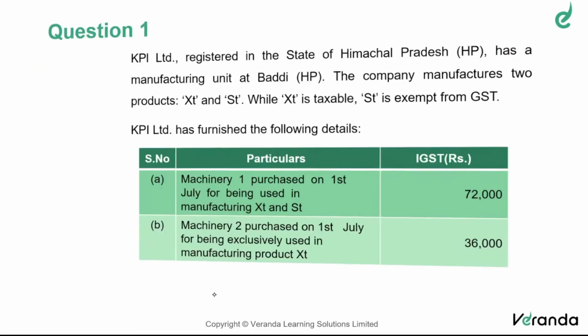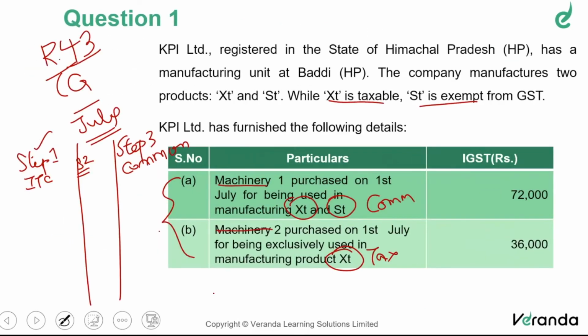Tell me the answer. Missionary 1 purchased during the current period, new missionary. It is used for common purpose. Can we avail the ITC on this? Yes or no? Yes, we can. We can avail, but divided by first we will see, that is step 3. I'm just asking whether we need to avail. So let's go step by step. Otherwise, we'll get confused. First, yes. Should we avail this? Yes. ITC should be availed. Yes or no? Yes. I'm not talking about the formula now. Just forget the formula. Yes. Avail. Good.